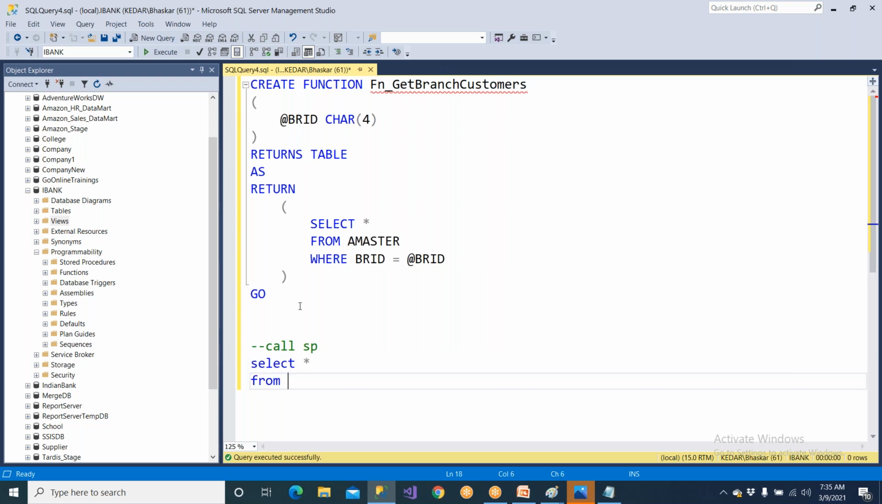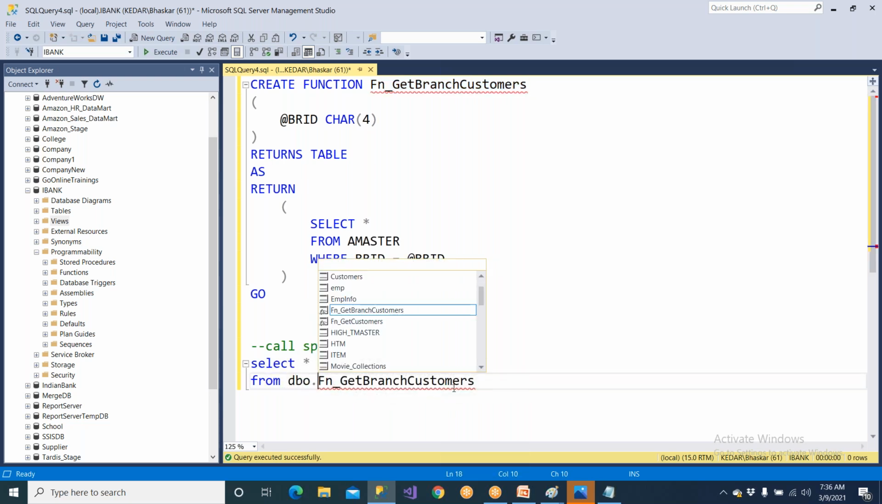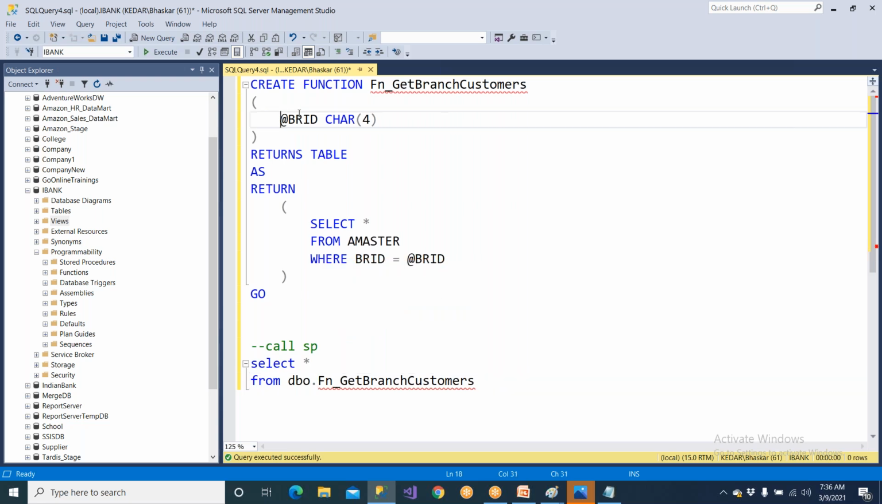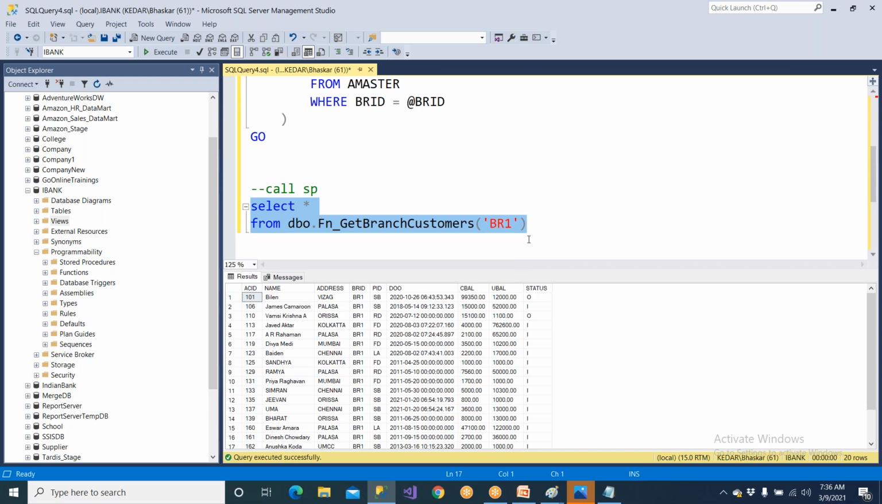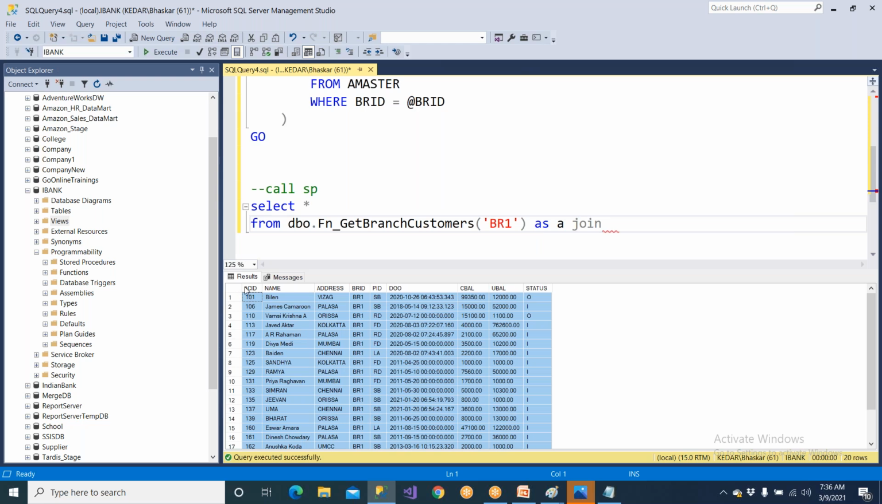Select star from the function name, which will accept a parameter. So let me say dbo dot. What is the parameter? You need to supply the branch. Which branch data do you want? BR1 data I wanted to have. You should be able to execute BR1 data. So this is returning a table. Now I will be able to say, as this is a table, A join. So I'm able to get some data, right? So you can call the function and